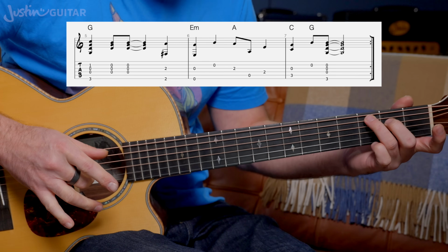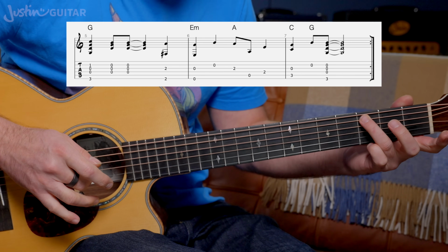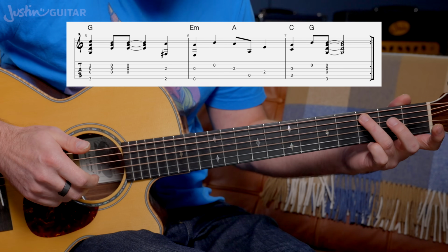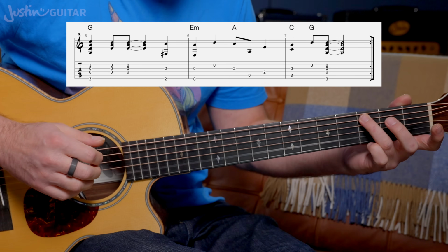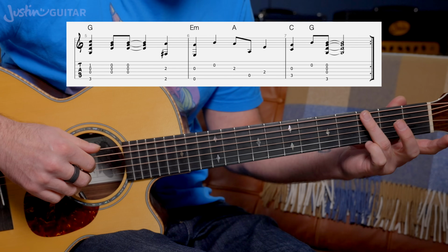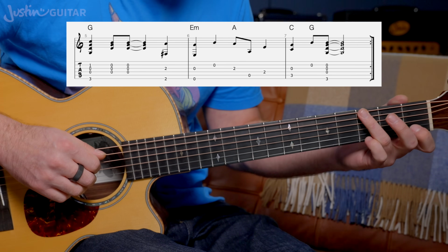Now thumb and driving finger are going to go together for a C chord. You're just going to play the 5th string and the 3rd string. Then play the open B string, the 2nd string, to a G with the strings 2, 3, 4 and the bass note. You just go from the G sus